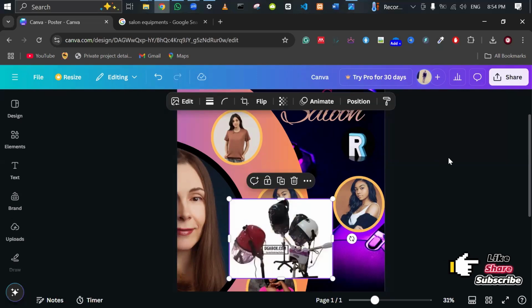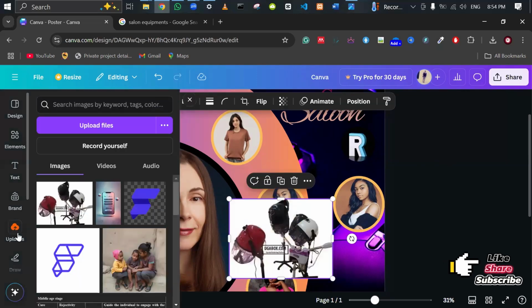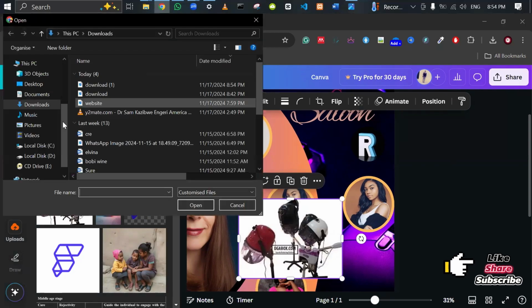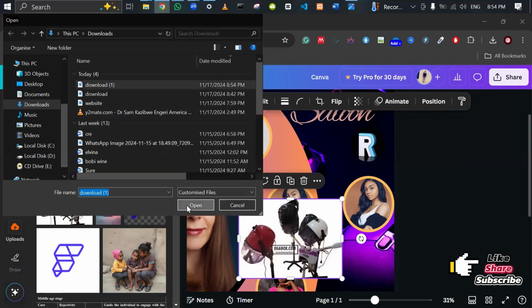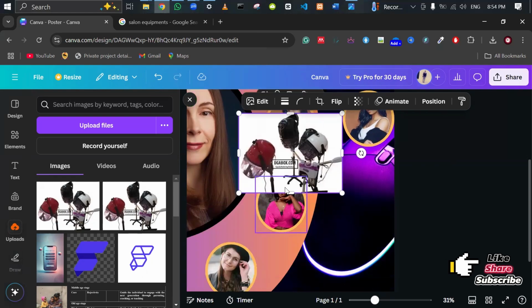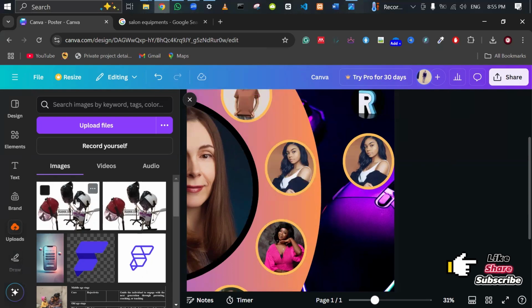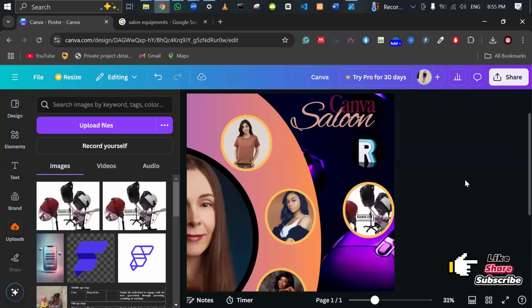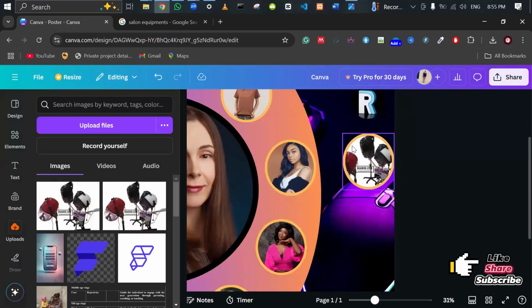If I don't do that, you can always come here and you upload your image by clicking here. Then you go to where your image is. You can choose it, open, and it will be uploaded in your upload area, so you can select it anytime you want. So it is here. So let me just delete this one. So I'm going to drag it and drop here. So we have an image